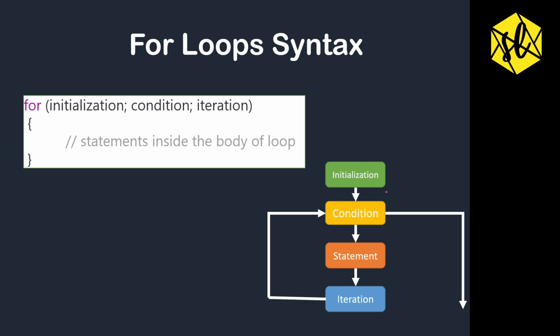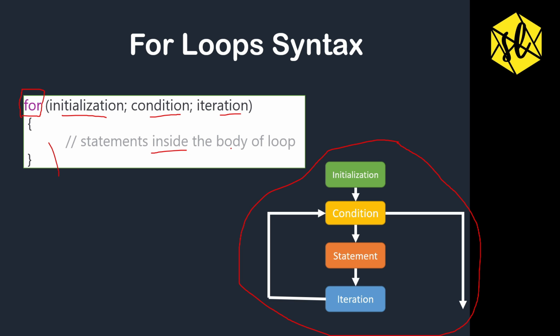So here we are with the for loop syntax. We already know this algorithm. This is the algorithm of our looping part. Now you see, this is the basic syntax of the for loop. Now there are five parts of this syntax. First one being the keyword for, which is required in every for loop. Now here we have initialization, condition, iteration, and statements.